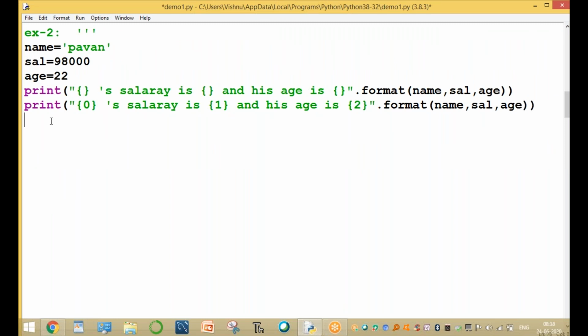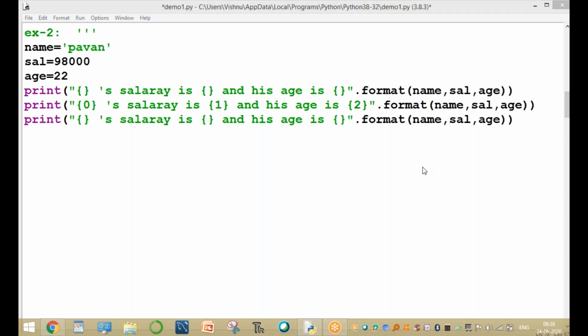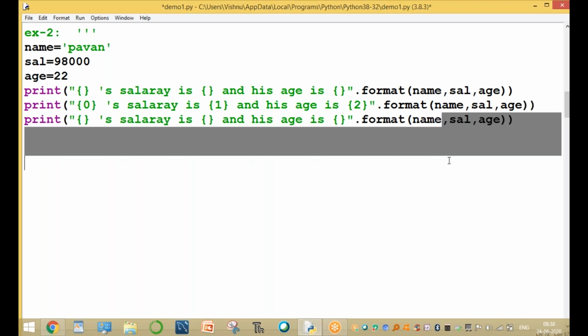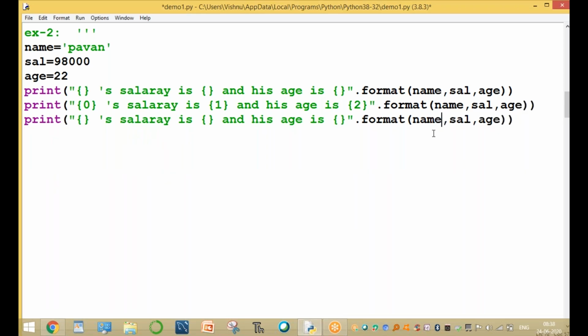Now another method. For example, this is another method, a second way. For example, the name value is in any order. Not only the same type; it can be in any order. For example, a equal to A, comma, name equal to N, comma, salary equal to S. This is called one type of argument.